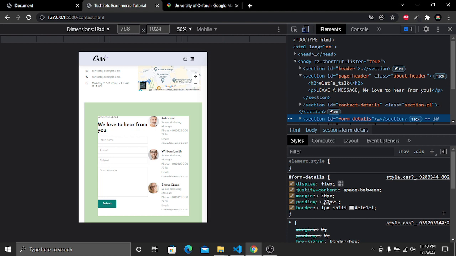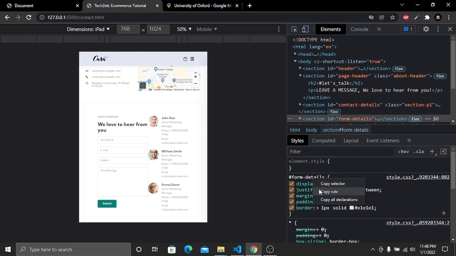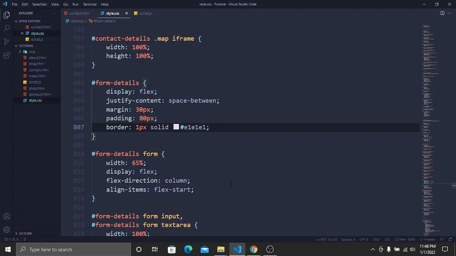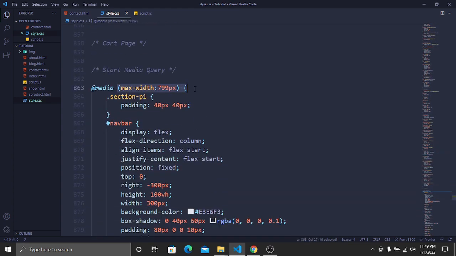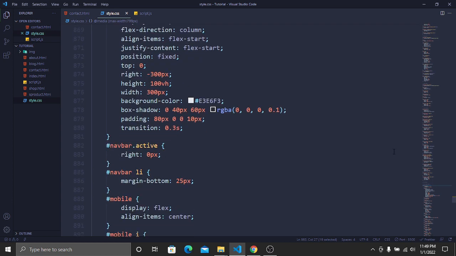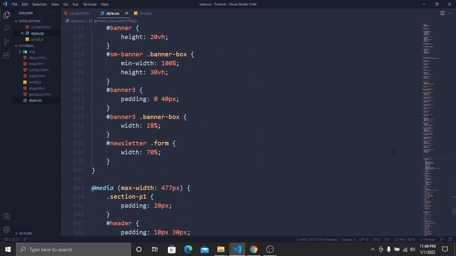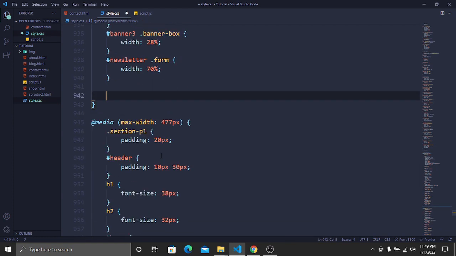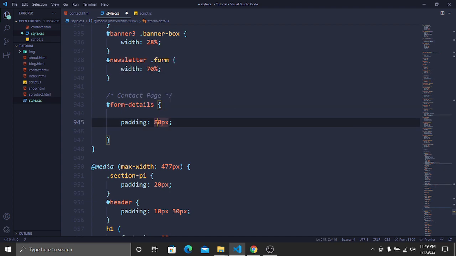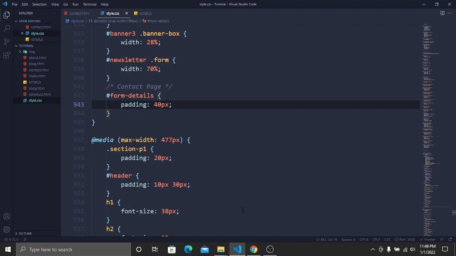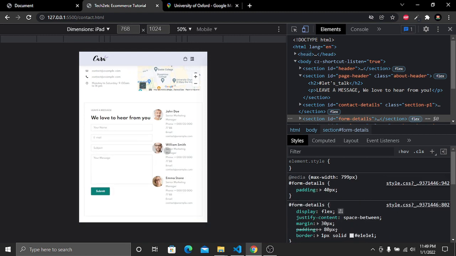So I will simply decrease the padding from everywhere, so just copy the rule and then go to our style sheet, then go to our medium screen device, and here you can see that our medium screen device breakpoint is 799. So I will simply go inside this medium screen device breakpoint and then add a comment, and it will be contact page and then comment it. Then I will paste the rule and I will simply remove everything from here, and the padding will be 40 pixel. Now save and go to our website, and here you can see that now our section is looking